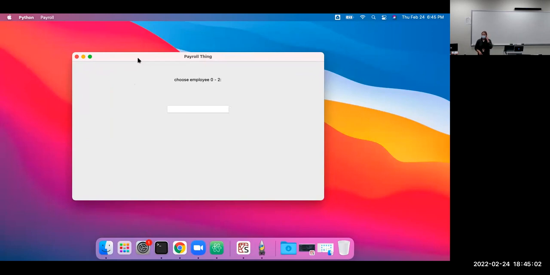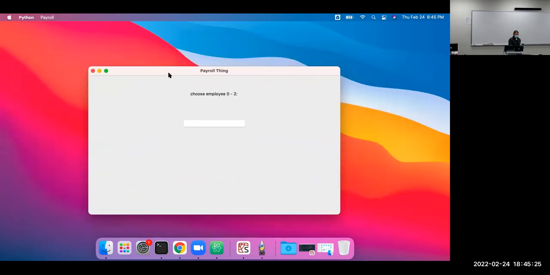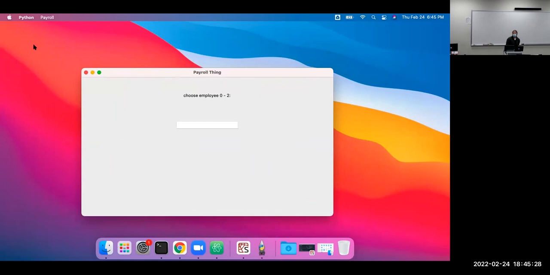But that looks like a Mac GUI now, right? Our buttons are over on the other top corner. And furthermore, our menu is up here, not connected to the window. So we can move the window around and the main menu stays separately.